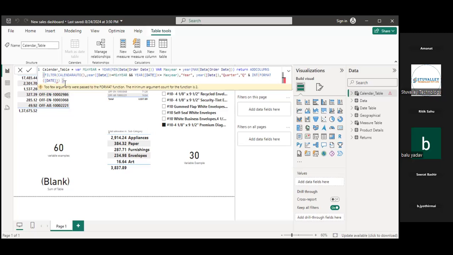We want one more, that is for add column. Yes, int format.